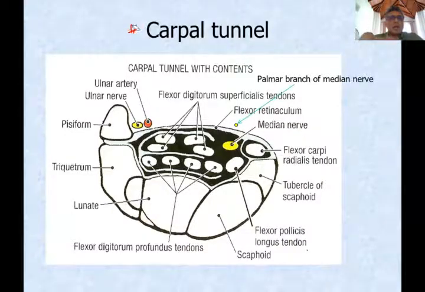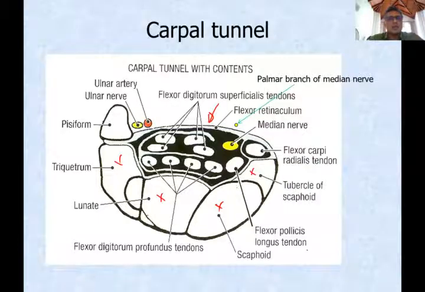Now carpal tunnel is a fibro-osseous tunnel. Why do I call it fibro-osseous? On one side you get the flexor retinaculum, which is very tough fibrous tissue. Then on the other side you get the carpal bones. It could be either the proximal row or the distal row of carpal bones. Wherever you cut,